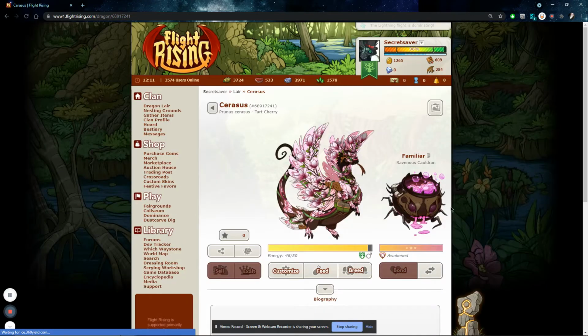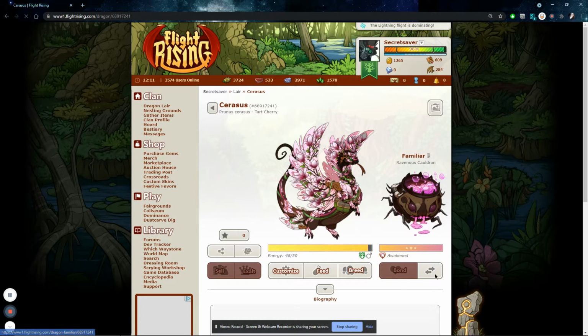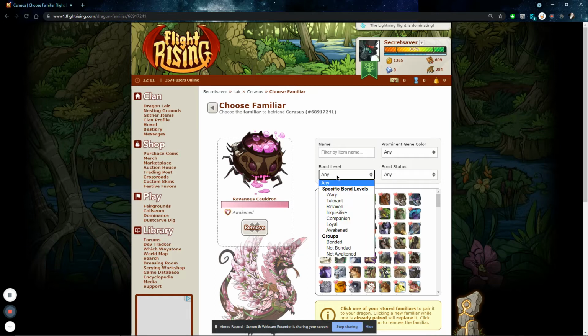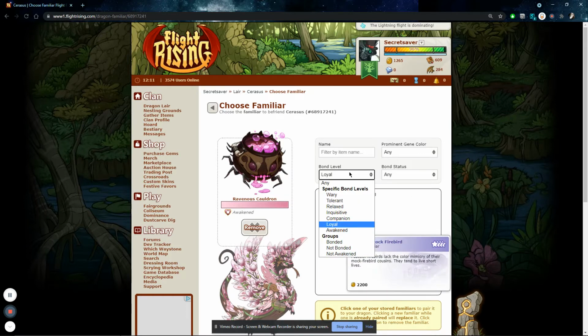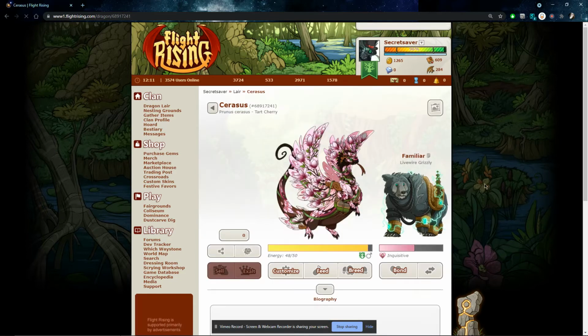And yeah, so that familiar is now awakened. You only get those gilded chests when they're fully awakened. And if I'm not keeping a familiar bonded to a dragon for aesthetic reasons, I usually trade them out as soon as they've been awakened. And then I just replace it with a familiar that still needs to level up